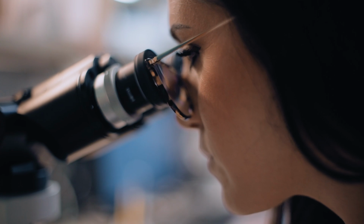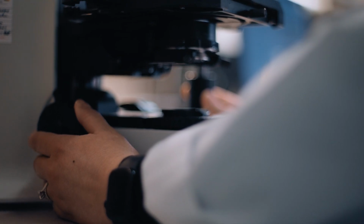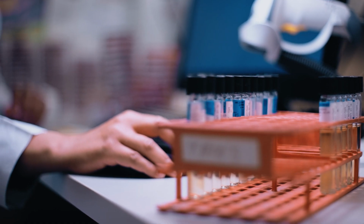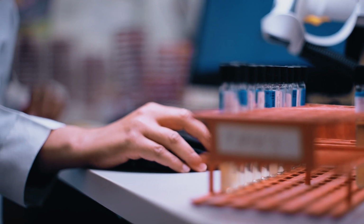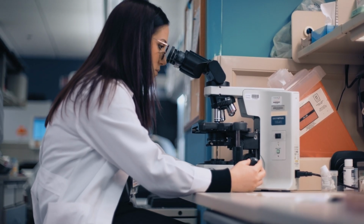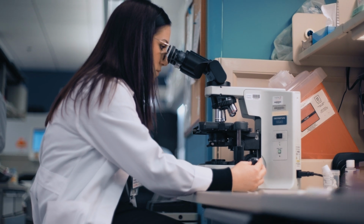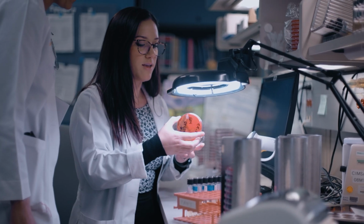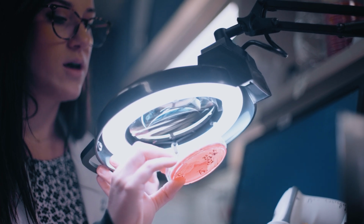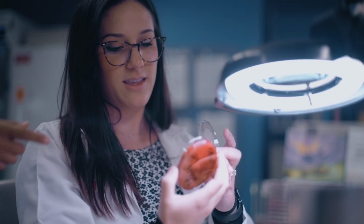So the key elements for our training program are really to make the best well-rounded infectious disease doctor that we can. We want people that are well-versed in common things as well as some of the rare presentations of disease, to really make a well-rounded physician, someone who's comfortable with all different types of pathology, all the different facets of infectious disease, everything from infection prevention to stewardship to wound care, and then the intricacies of all the different infections